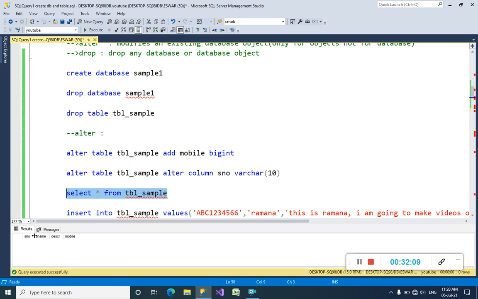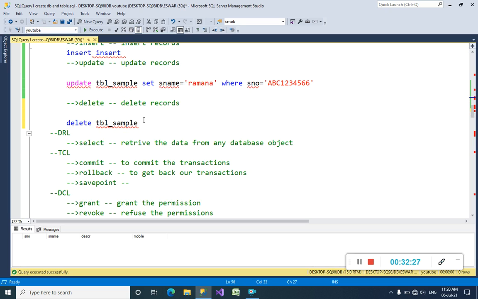Yes, the table structure exists, but there are no values inside our table, because by using the delete command we can delete records only. It will not affect the columns, as I told you before.